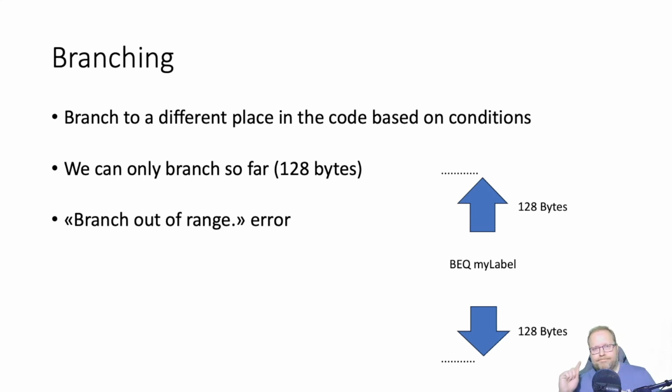But we haven't talked about this. We can only branch so far. If you remember the jump mnemonic we talked about a minute ago, we can jump wherever we want in the code. Technically, we can do that. There's no limitation for how far you can jump. But there's a limitation when it comes to branching. We can only branch